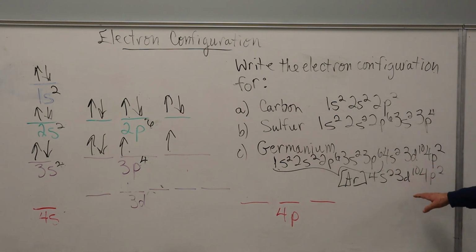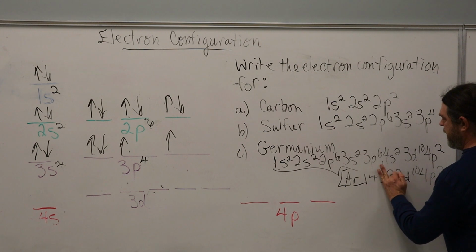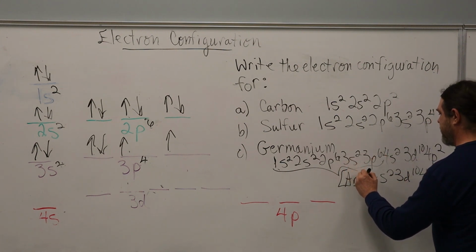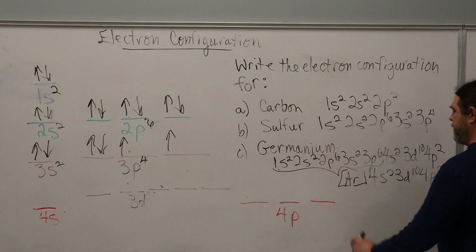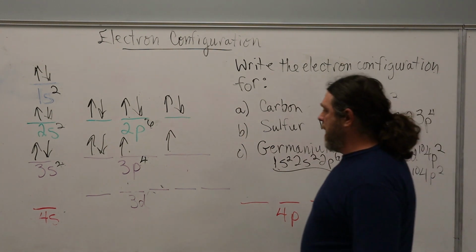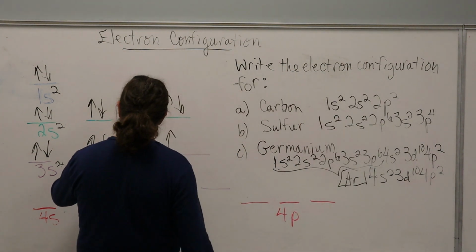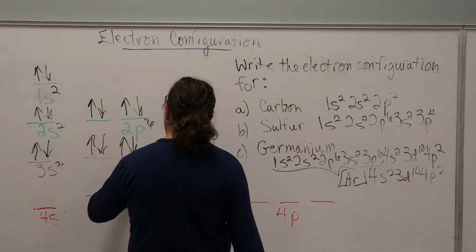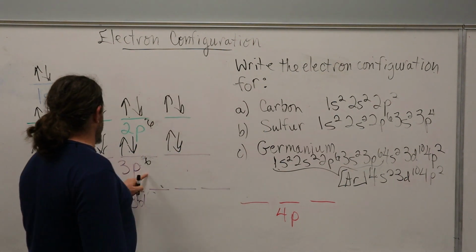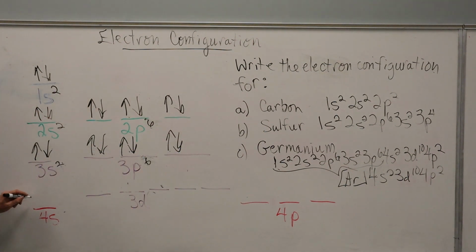I could have been a little bit neater about that, but at any rate, you get the idea. So if I say you can write in the shorthand, there it is. That's how you would write shorthand. But let's go ahead and work it all out. So we're going to fill out that P block. So here's argon right there. And then we move on to